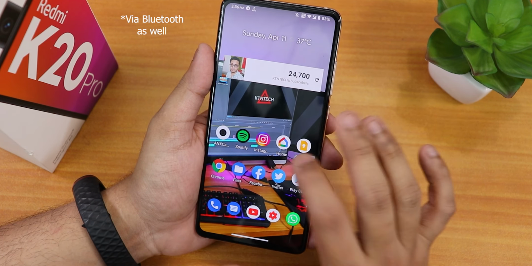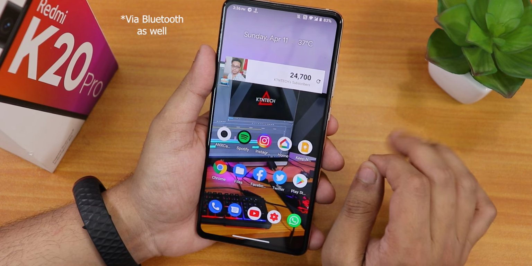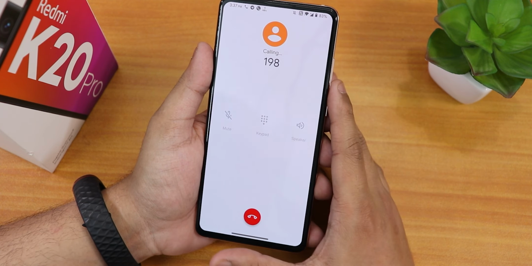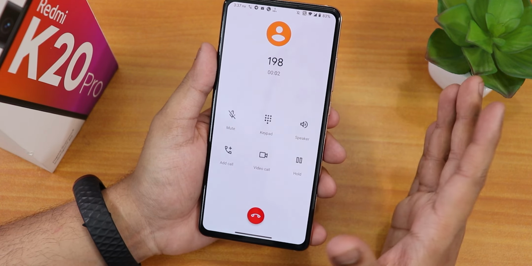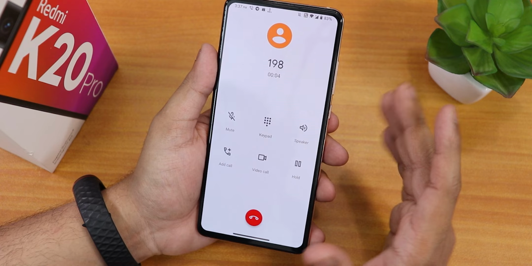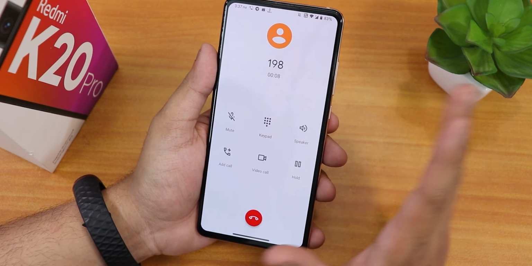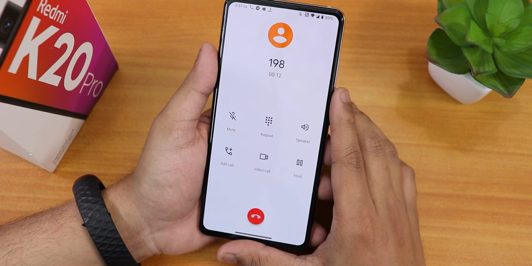The sound output via the headphone jack is great. No issues so far. I would say the sound quality is amazing over here, even though it does not come with the Mi Audio Direct. Talking about the stock dialer, this is how it looks, and it does not have any call recording option. It's a simple Google dialer that you get, and we do have these loudspeaker options and stuff, and even a video calling option is there, but I'm not really sure if that works. But normal VoLTE calling or VoWiFi both are working fine here.